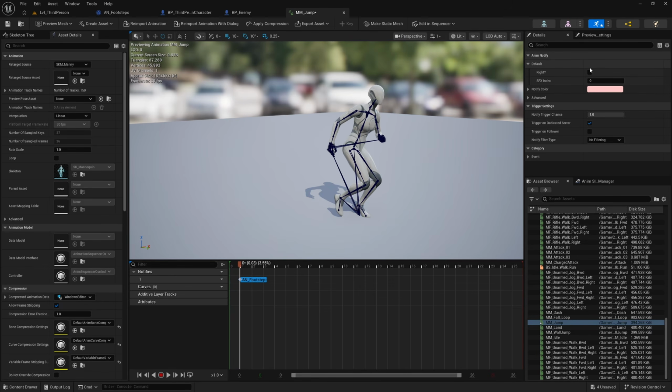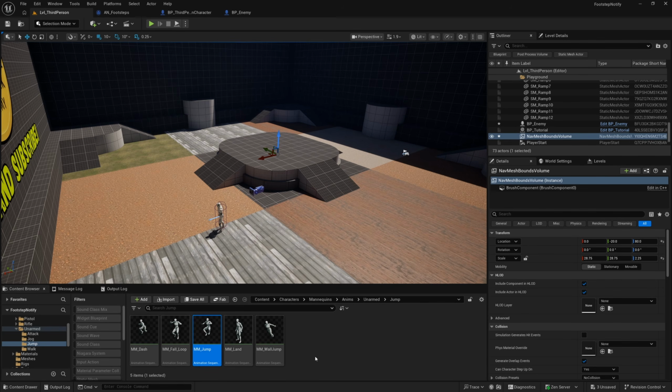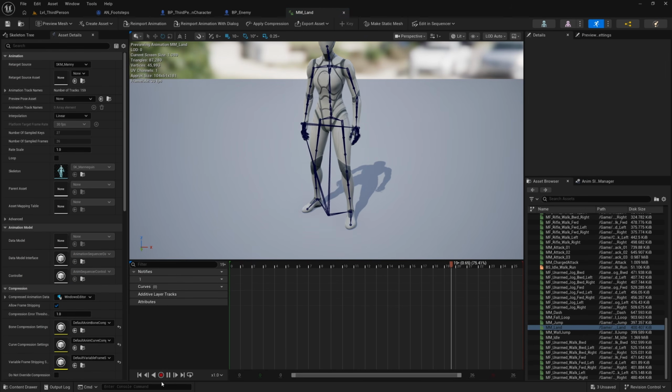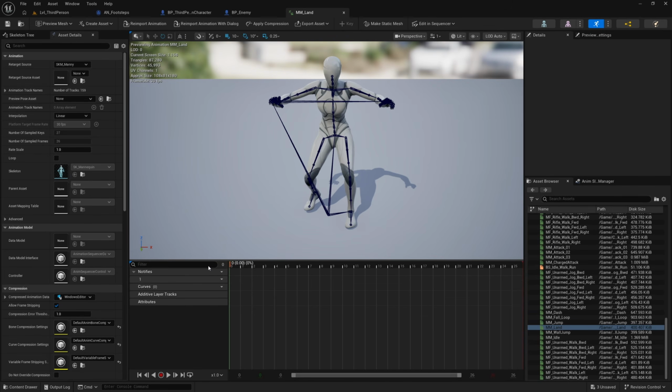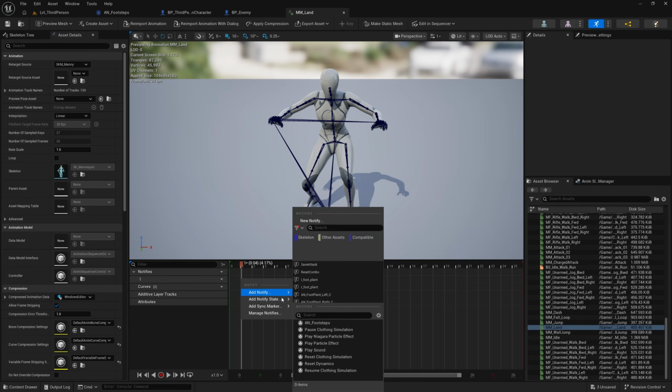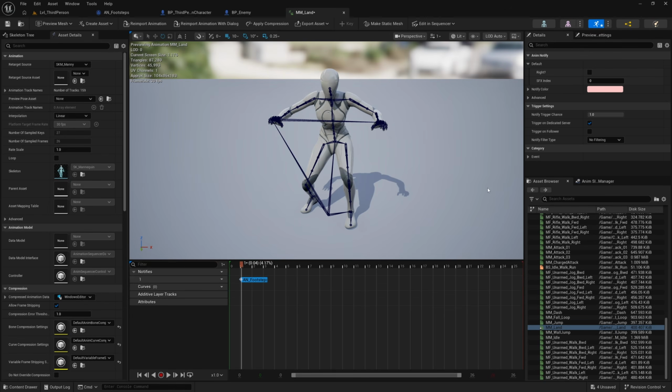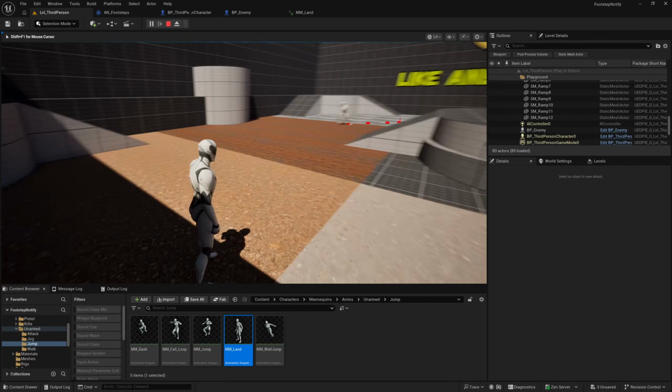And this one, I'll just leave as left foot. And I'll change the sound effects index to 2, which is our jogging one, to make it a little bit heavier on the heavy side. But we'll also add one to the land animation, so I'll open up land. And also this one near the start here, we'll add our notify, and I'll leave it as left, but I'll change the sound effects index to 3 for our heaviest footfall here. So now if we hit play and we jump,